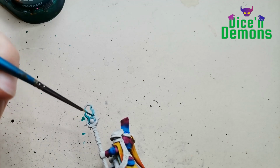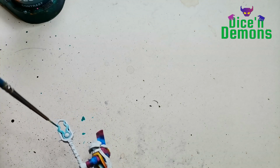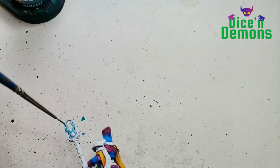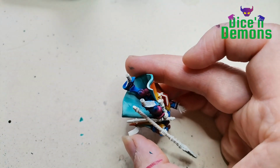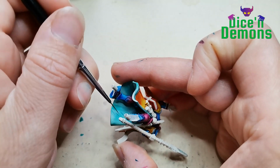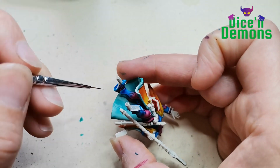I decided to use that on her staff as well because it's meant to be sort of magical energy, I think, and I wanted something that looked a little bit magical but at the same time matched the rest of the color scheme. And so for shading the inside of the cloak, I am using the contrast paint Achillean Green,